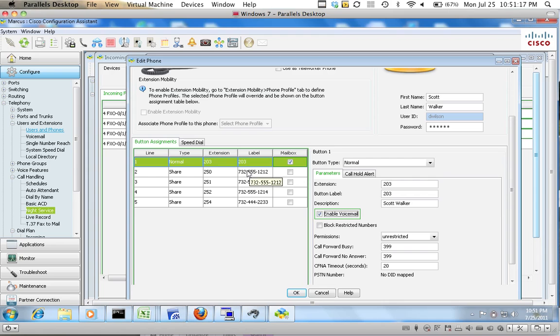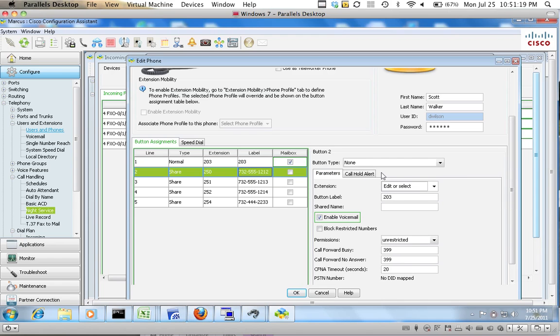For their second extension, since they have a mixture of SPA phones and 7900 series phones, you'll have to assign them a shared button type, assign an extension of like 250 or any extension that you like, and a button label and a shared name. So the button label is what is seen by the end user on their actual phone. So when they look at the button, it will say this number,